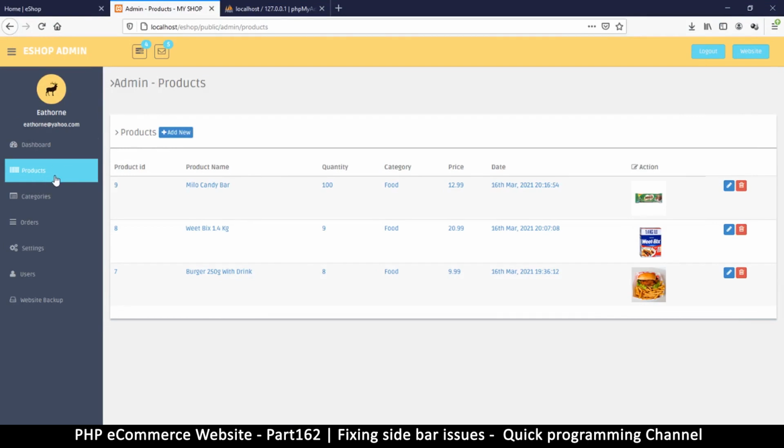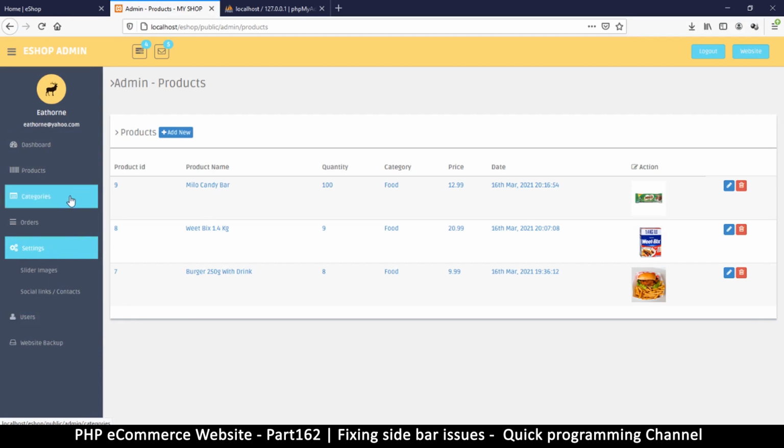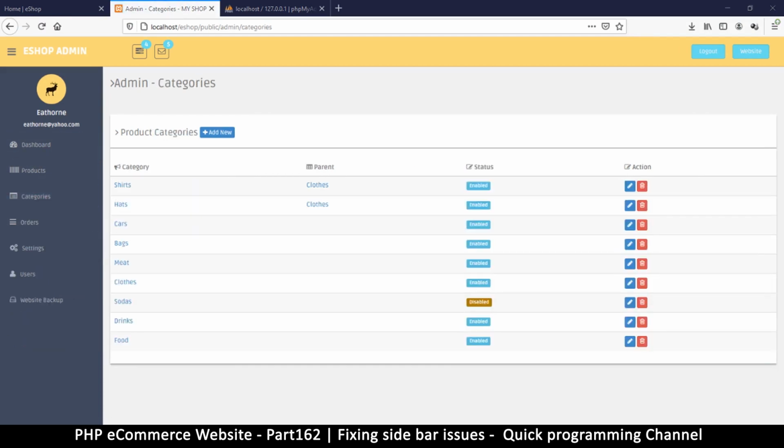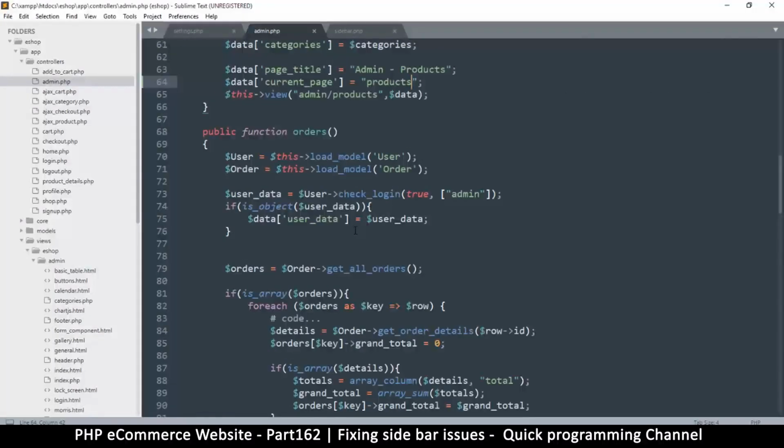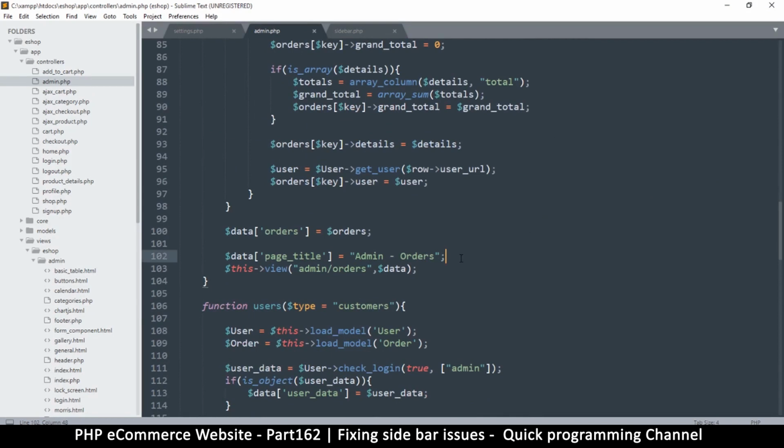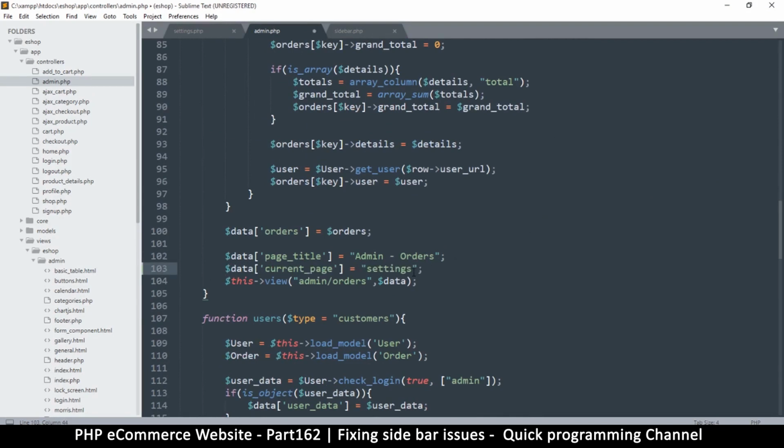Okay, so we see products still active here. If I click on settings, now settings is active. I click on products, now products is active. So you can edit the activity, how the active class looks like, by just creating a new class and adding to your settings there. Okay, so these others will have to do exactly the same thing. So let's do that right quick. I'm going to go to orders, and I'm just going to say orders here,